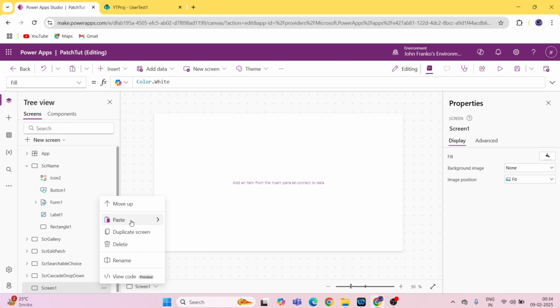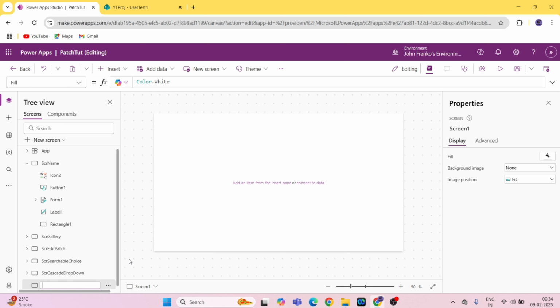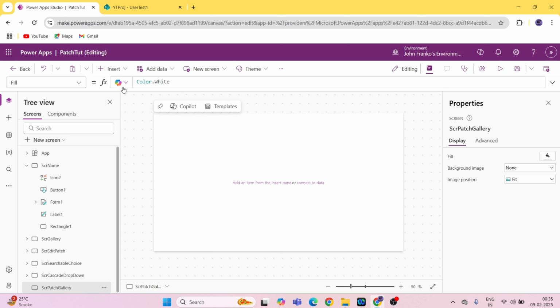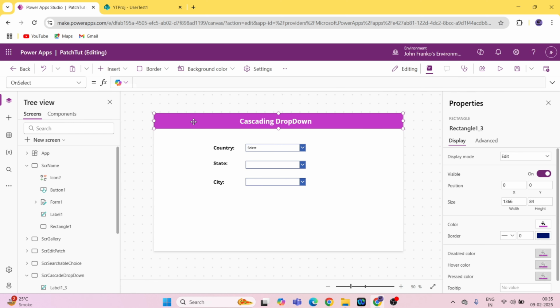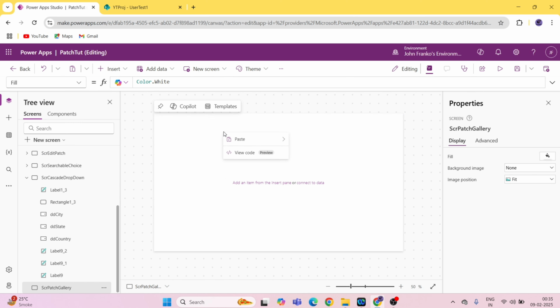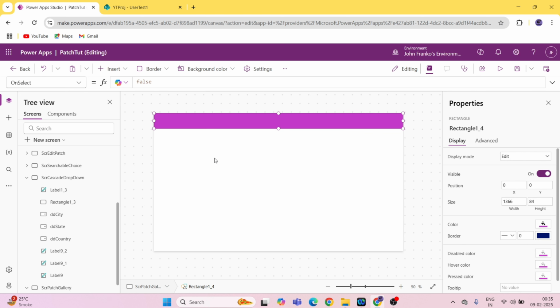The screen name will be SCR patch gallery, and here what I will do, I have added this earlier. We'll just copy it and I will paste it here,